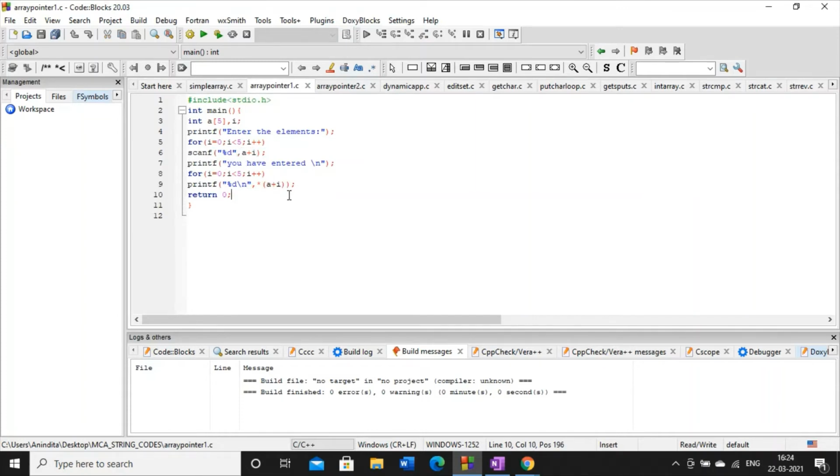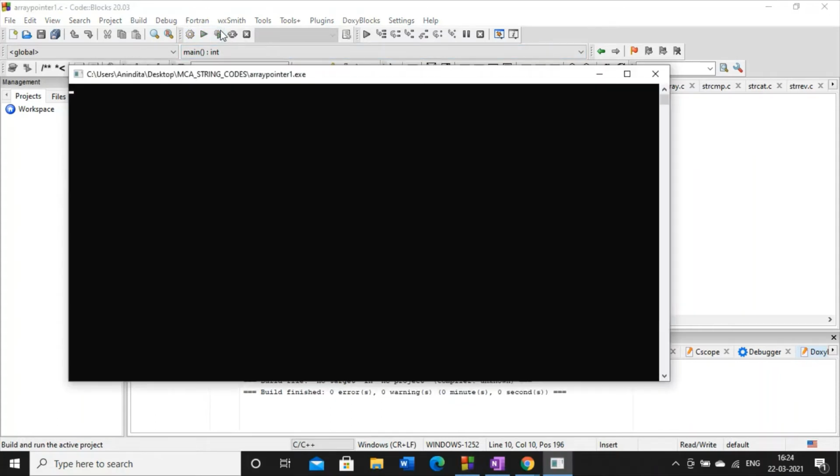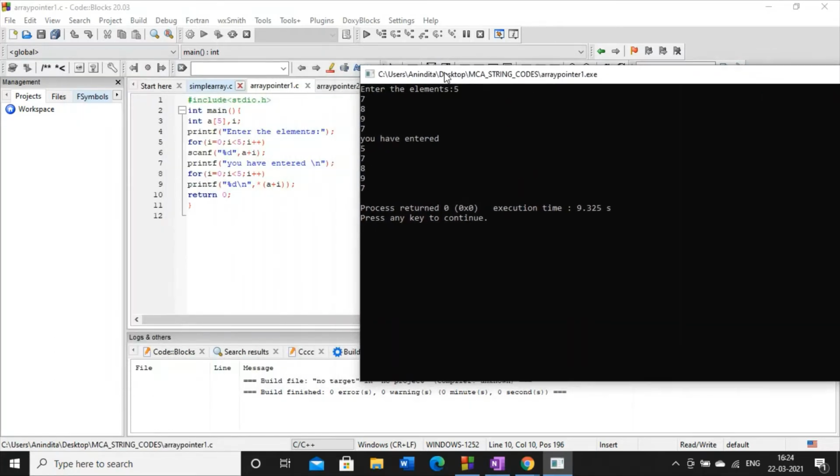So both are equivalent. So I'm just entering the elements. Same thing, I'm taking input and it is providing me the output.